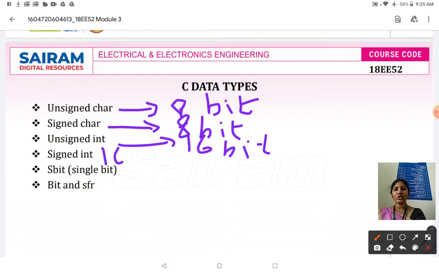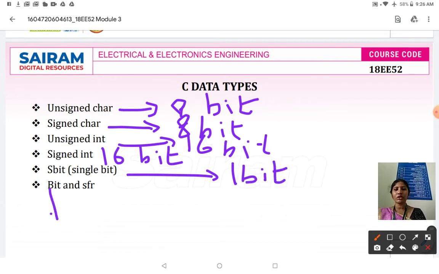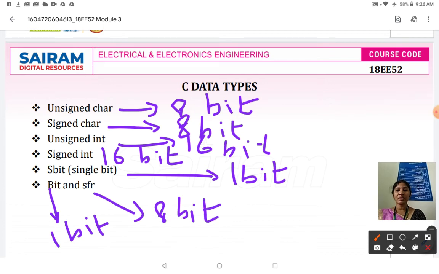Signed integer is also 16-bit. Sbit is used when you want to declare only 1 bit of a port. It is nothing but a single bit. Bit is also 1 bit, whereas the SFR is 8-bit. So these are the sizes of the data types.